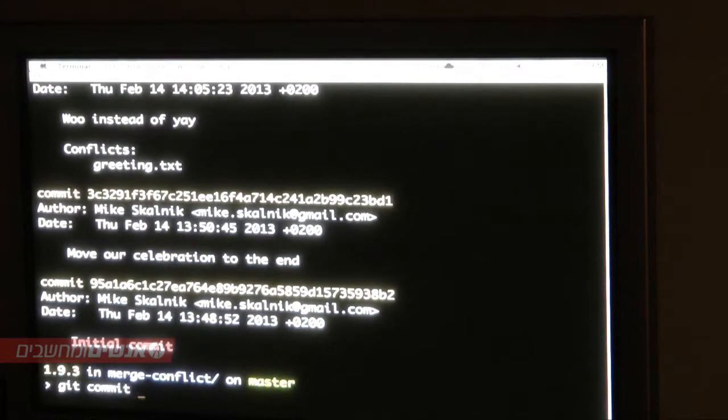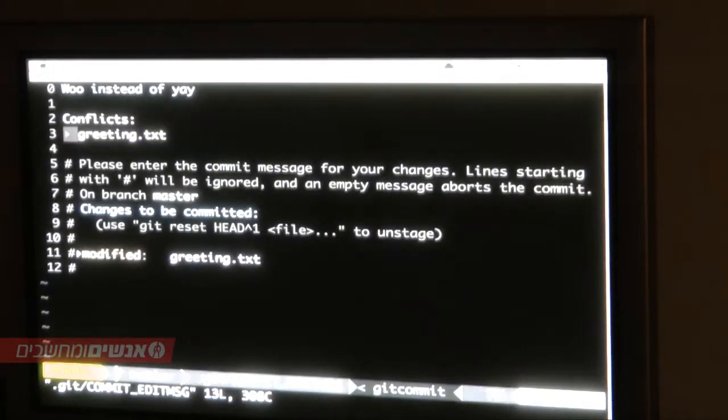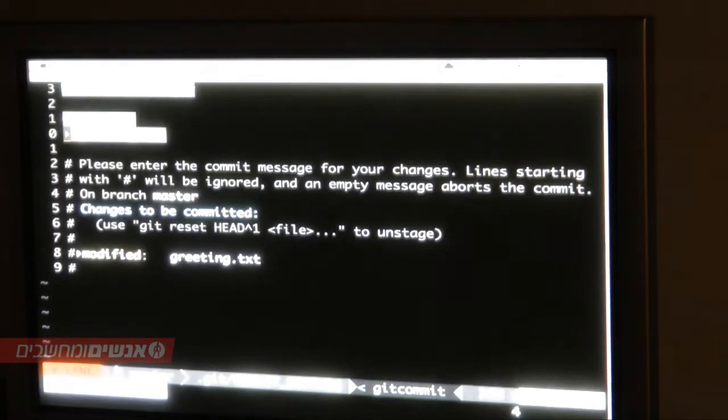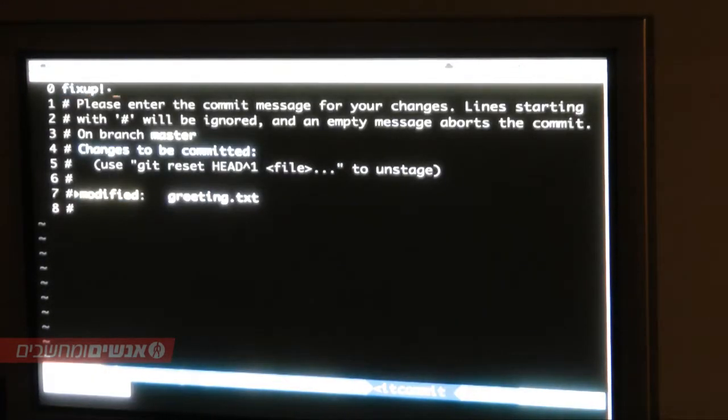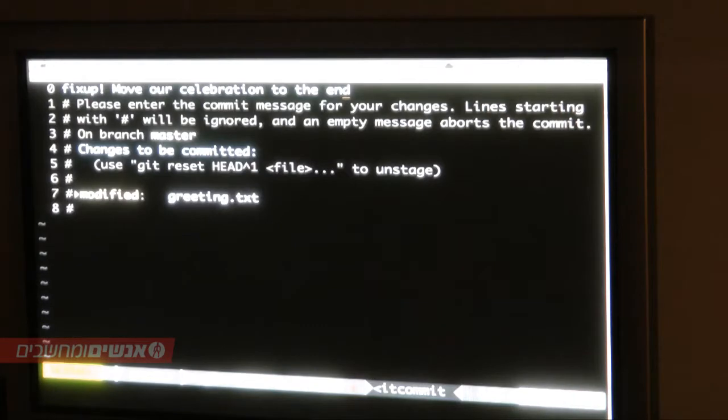So if I do git commit --amend, it'll open up my last commit again. I could also add things and then do git commit --amend, and I can add other files. But for now, we're just going to change the message, and we're going to replace it with fixup and that commit message. So this is just telling Git, when we run that autosquash, this is going to be a fixup, and it's going to be for this other commit that has that message.